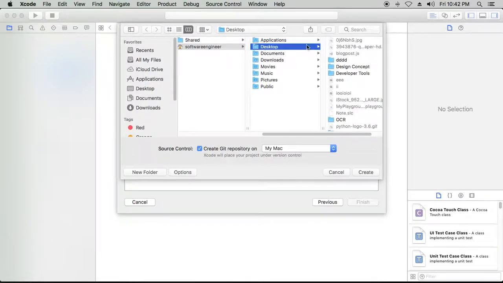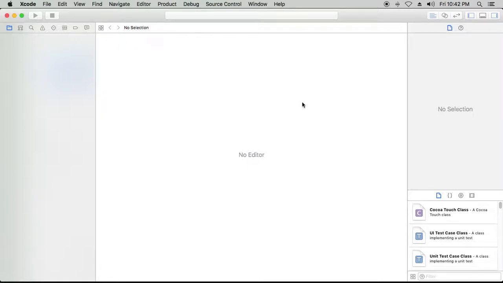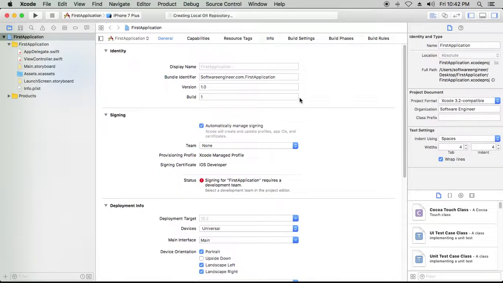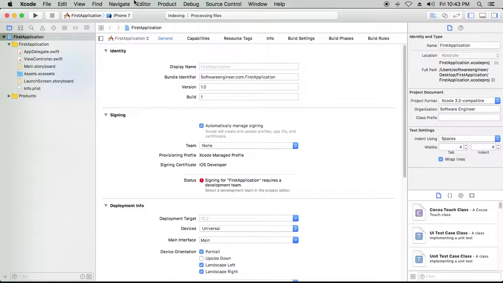So you can put it anywhere you want, but I want to put it on my desktop, and wait a little bit. Xcode will generate your application right now. Okay, bad indexing. Yeah, here this is